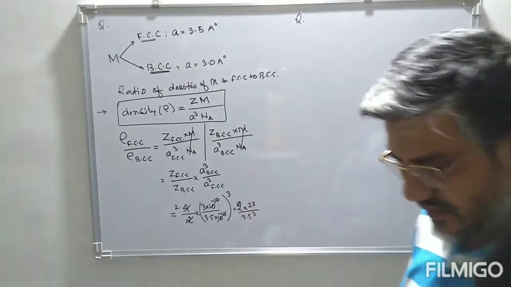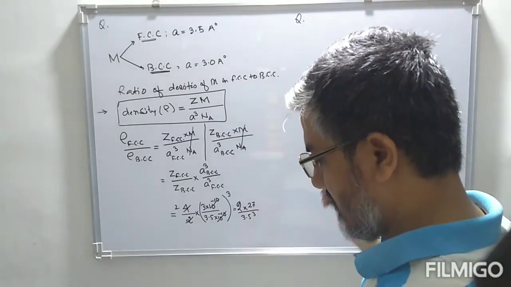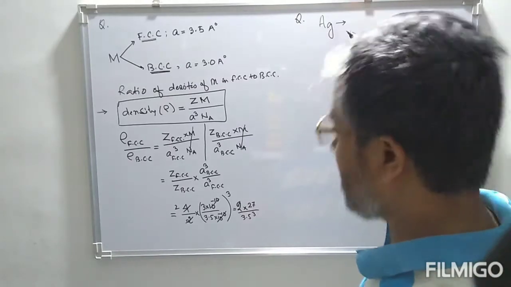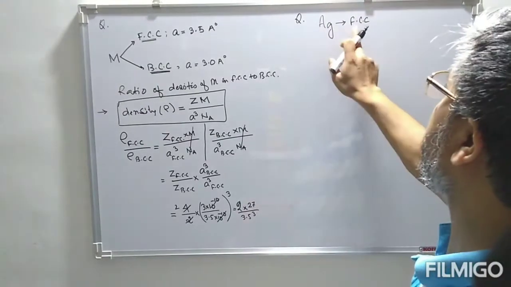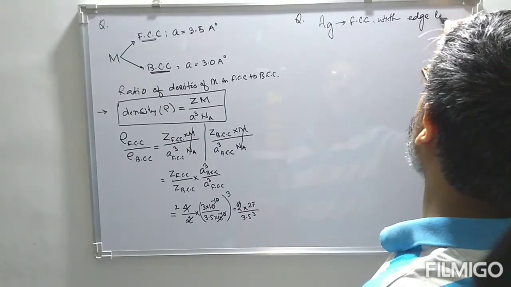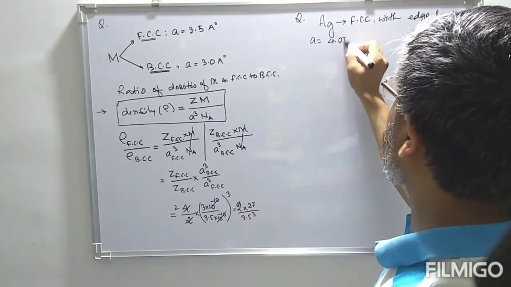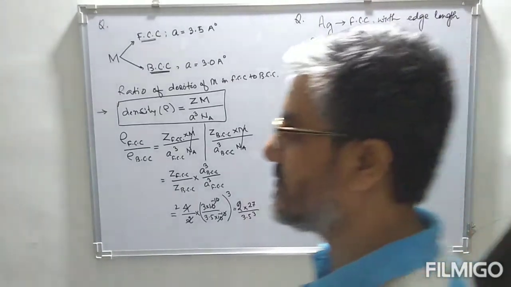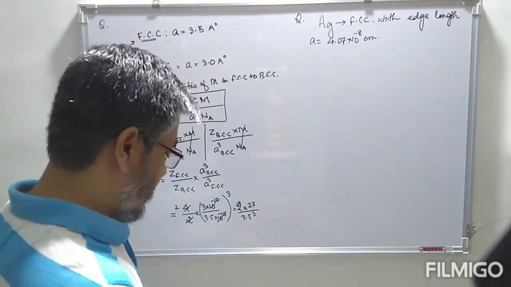Next question. Silver metal Ag crystallizes in FCC. So we have this metal M crystallizes in FCC cubic lattice with edge length equal to 4.07 into 10 to the power minus 8 centimeter. So the edge length of the FCC unit cell is 4.07 into 10 power minus 8 centimeter,